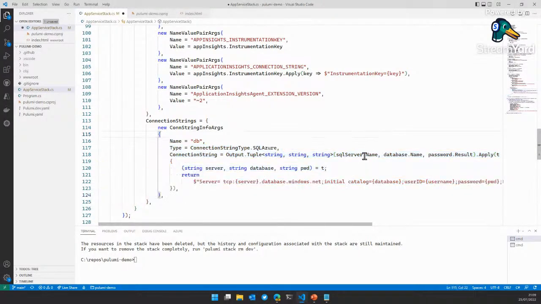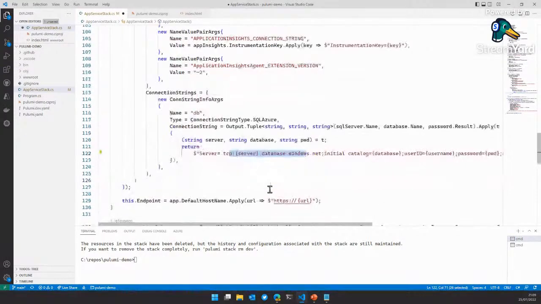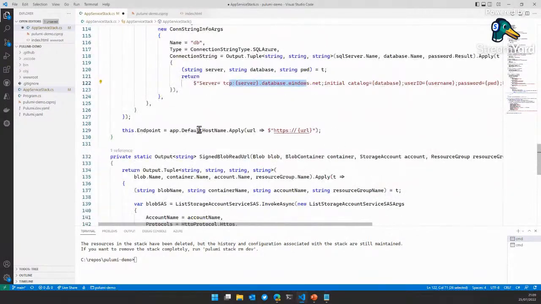It's taking the name of the SQL Server, the name of the database, and the password, and it's generating a connection string for that. And then it's spitting out the URL.